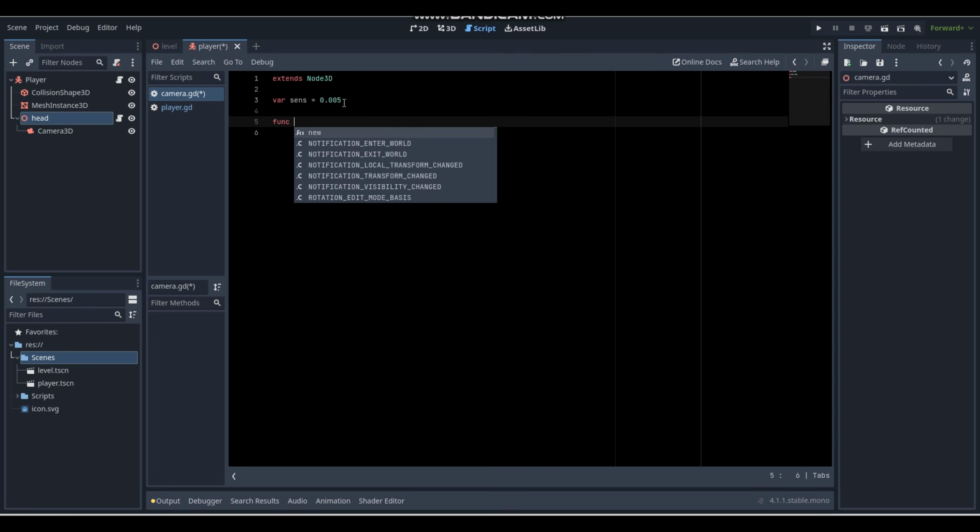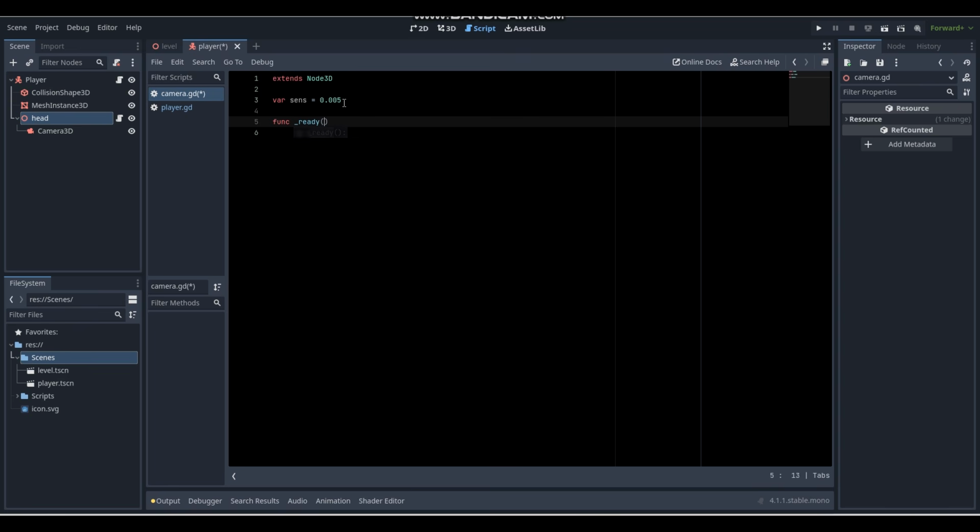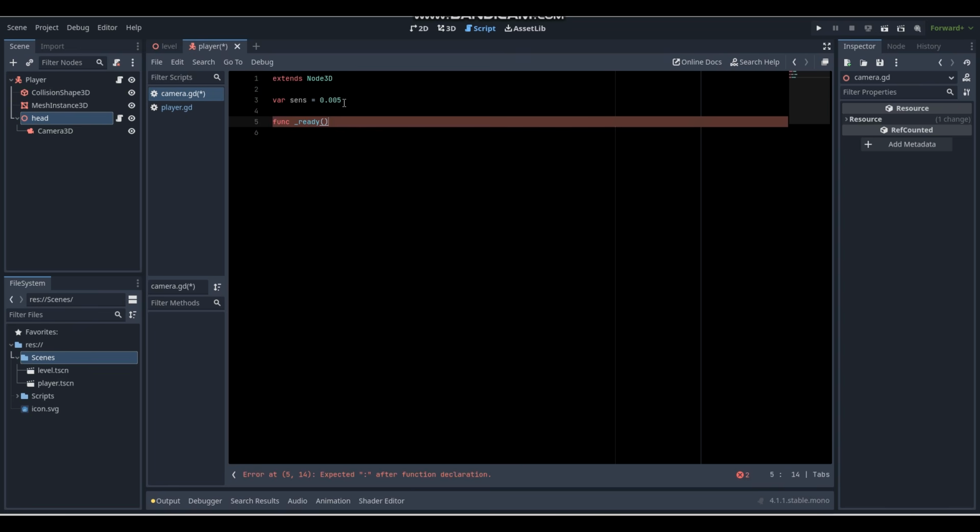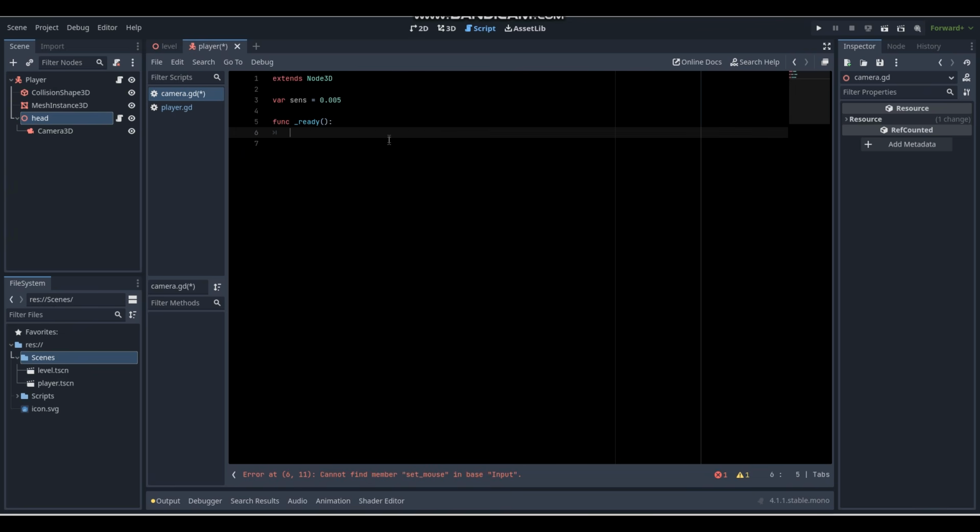So we're going to go func _ready. What ready is for is the start of our scene. So when our game starts, the ready function will do its thing automatically. So what we're going to be doing now is we're just going to indent, and then we are now going to type in the following: